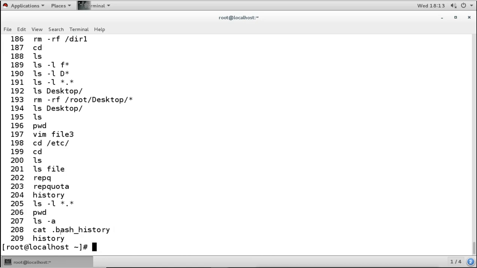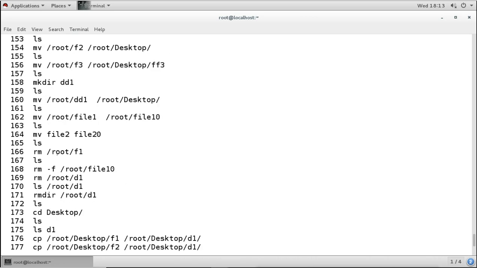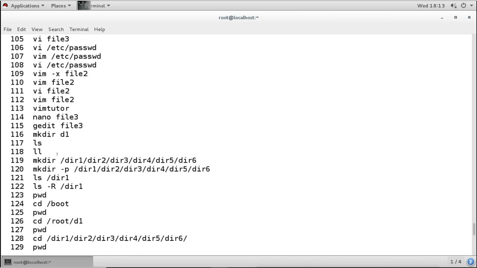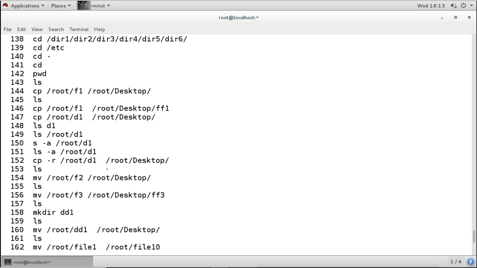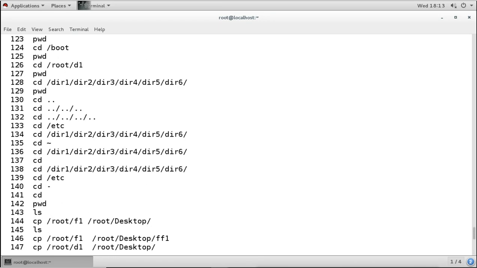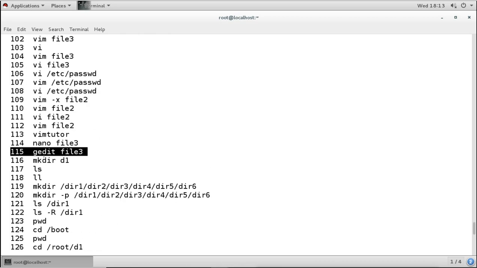It shows that the last command is cat .bash_history itself, while in the file it is showing only till here, even though we have run all these commands also. Why are these commands not showing in the file? Because these commands are not saved in the file yet. If you remember, when we started the machine, we opened the command terminal, and the first command we used is this.